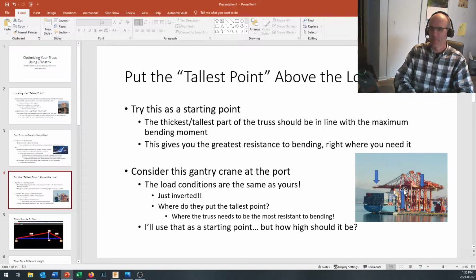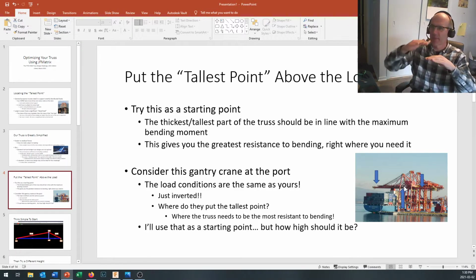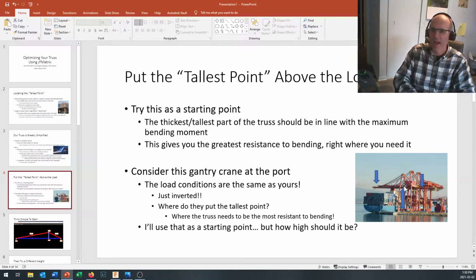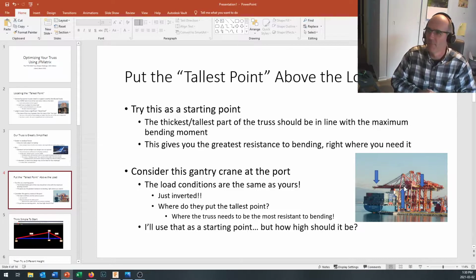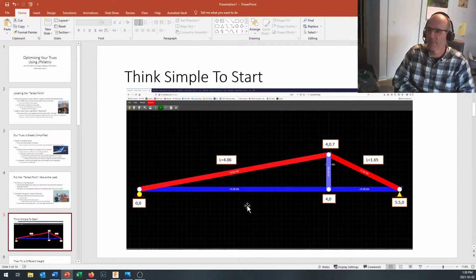direction. And as a result, this gives us a good idea maybe of how we want to take a look at our truss. Picture that in cross section, and you can see that right where that maximum moment of upwards force is going, we've got the thickest, tallest part of that truss, the most resistant part to bending. And in our case, it'll be where that load's pulling it downwards. We want to have our thickest, tallest part of the truss most resistant to bending. Okay, so we're going to use that as a starting point, and I've picked something simple right here to start